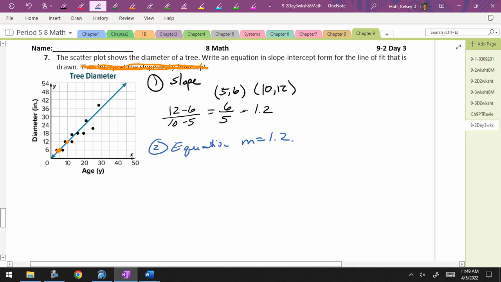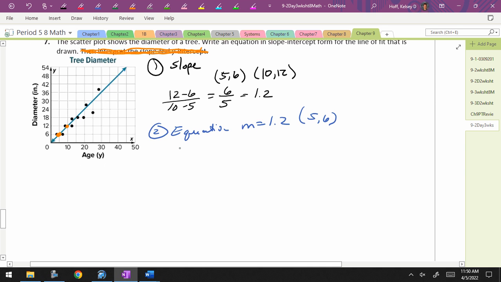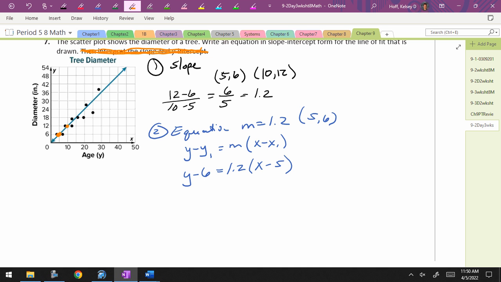You want to use 5, 6 or 10, 12? 5, 6. So that equation we need to plug it into was y minus y1 equals m parenthesis x minus x1. When we fill it out, y minus 6 equals 1.2 parenthesis x minus 5. Then I should distribute: y minus 6 equals 1.2x